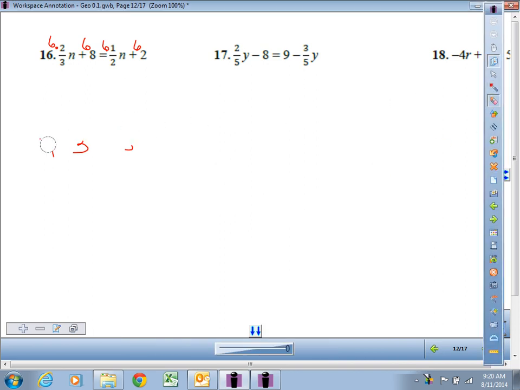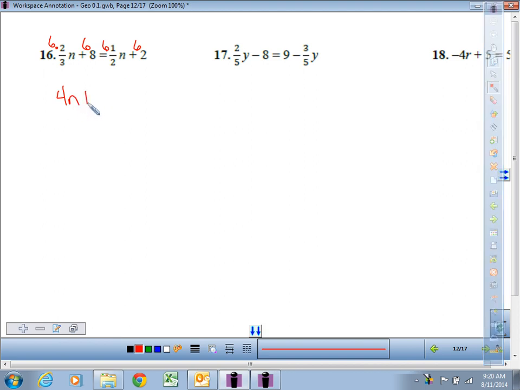Because we multiply by the lowest common denominator, these fractions are going to vanish. So I'm going to go 6 times 2 is 12, 12 divided by 3 is 4, so I have 4n, plus 6 times 8, which is 48, equals, now here we go, this is 6 times a half. I hope you know that 6 times a half, half of 6 is 3n, plus 6 times 2, which